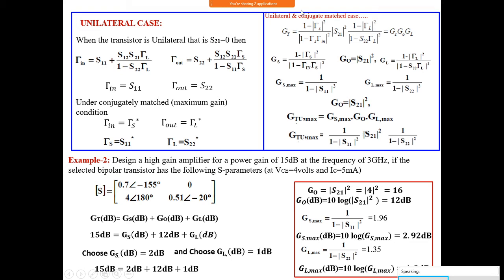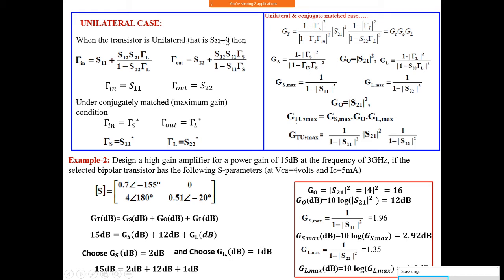Sorry, again I kept it the same. It is not S21, it is S12. S12 equal to 0. Sorry, let me make a correction. I made a mistake here. S12 is equal to 0. That is, transmission from port 2 to 1 is 0. Unilateral case, I have told in the beginning also. Unilateral means it can send a signal from port 1 to 2, not from 2 to 1. 2 to 1 means S12 must be 0. S21 takes some value. S12 is equal to 0. That is a unilateral case.